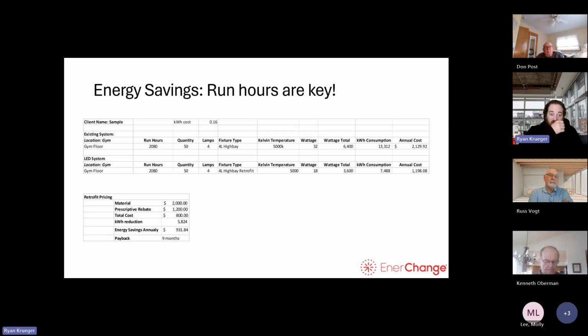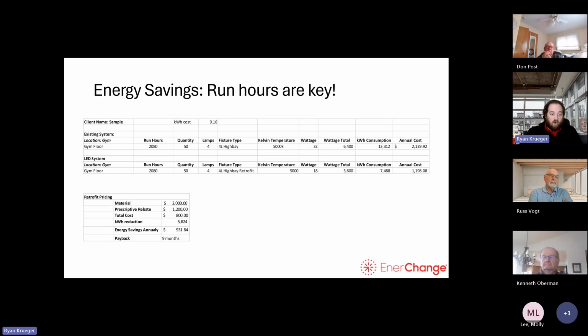If you convert those 4-foot tubes to 4-foot LED tubes, run hours are the same, quantity of lamps the same, Kelvin temperature the same. The kWh consumption drops to 74.88. Your annual cost drops by $1,000, and then ballpark retrofit pricing at $10 a tube, you're looking at $2,000 in material. A prescriptive rebate through XL is based on one tube replaced with a new LED tube, so that rebate is